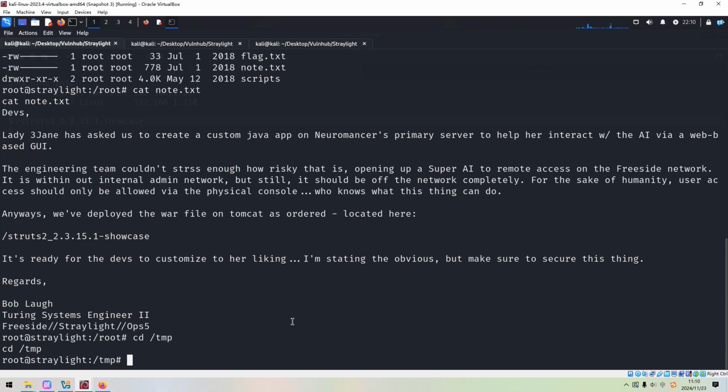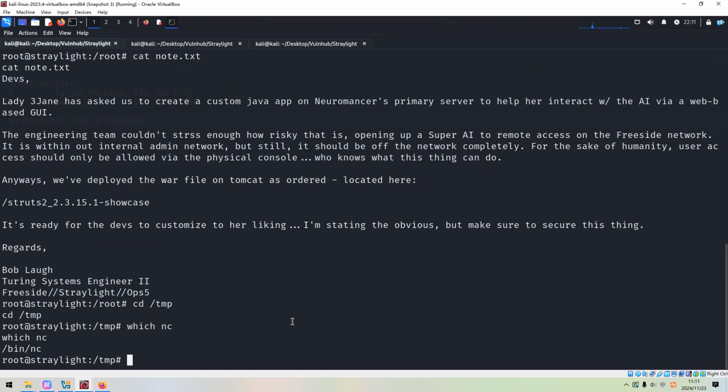For example, we can use a Bash script. We also can use Python because Python is available in the first machine. Also, we can use Netcat because Netcat is installed in the first machine. Also, we can use Nmap. I prefer to use Nmap.